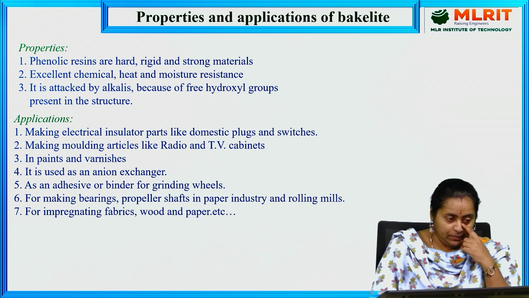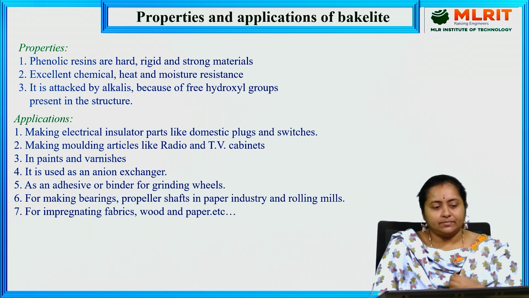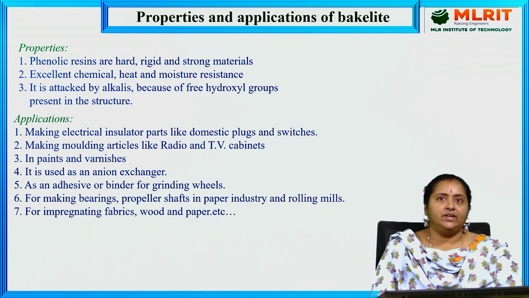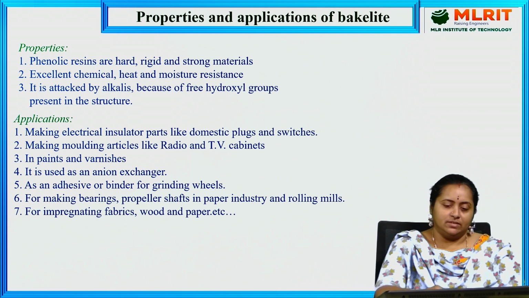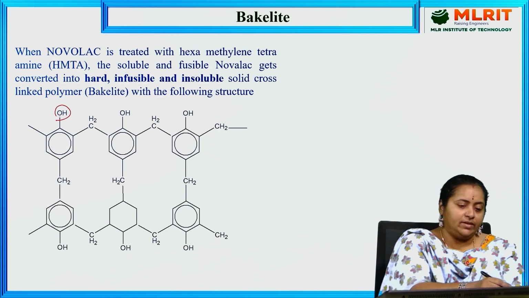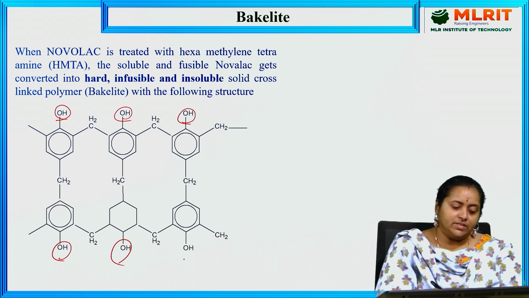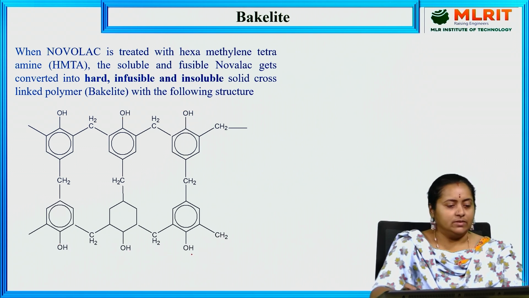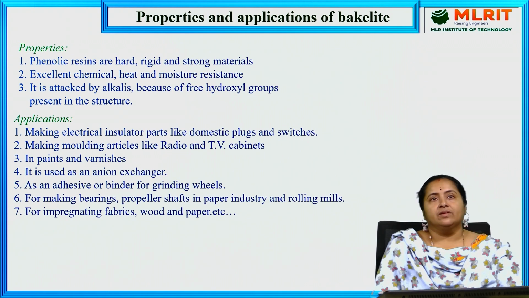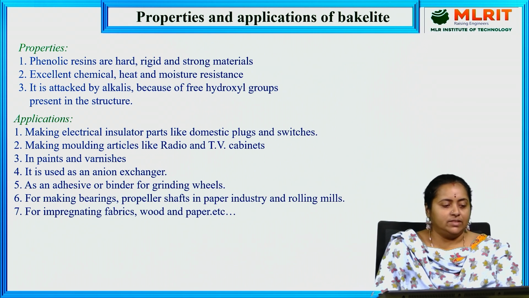However, these are attacked by the alkalis, that is basic materials, because of the availability of free hydroxy groups in the structure. If you notice the structure, it has free hydroxy groups. Because of these hydroxy groups, it is easily attacked by the alkalis. Coming to the applications of bakelite, it has a lot of applications,